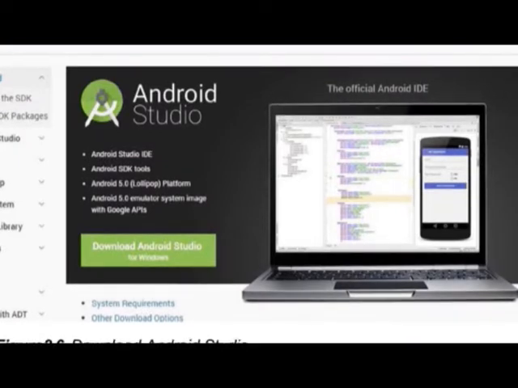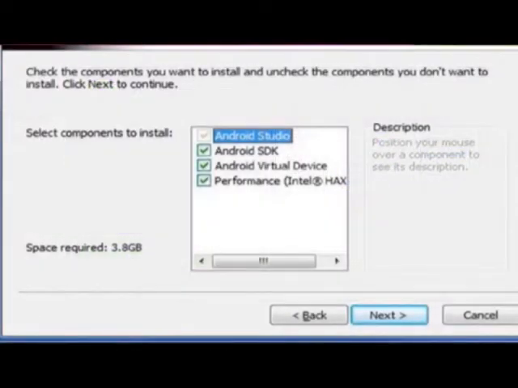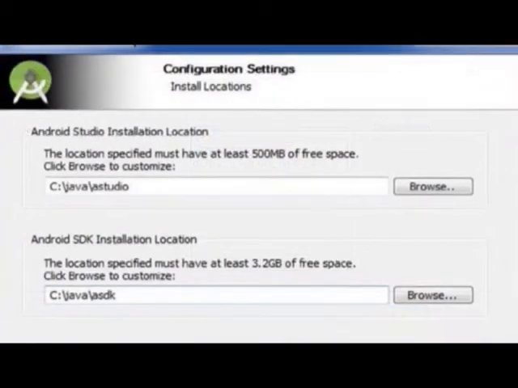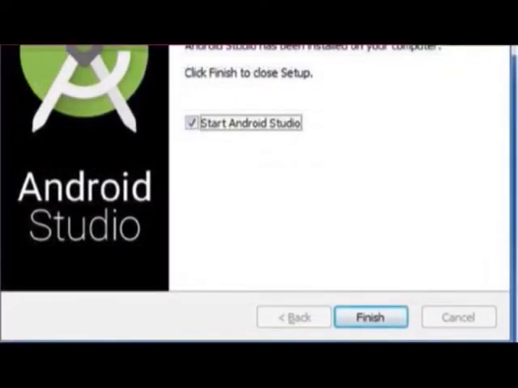Once the download is complete, execute the file you just downloaded. When the installation wizard begins, move through the screens by clicking the Next button until you reach the Choose Components screen. Select all the component checkboxes. Afterwards, click Next. Also agree to the terms and conditions once again. When you reach the configuration settings, install location screen, select the locations for Android Studio and the Android SDK. At the end of the installation procedure, you should arrive at the Completing the Android Studio Setup screen, and click